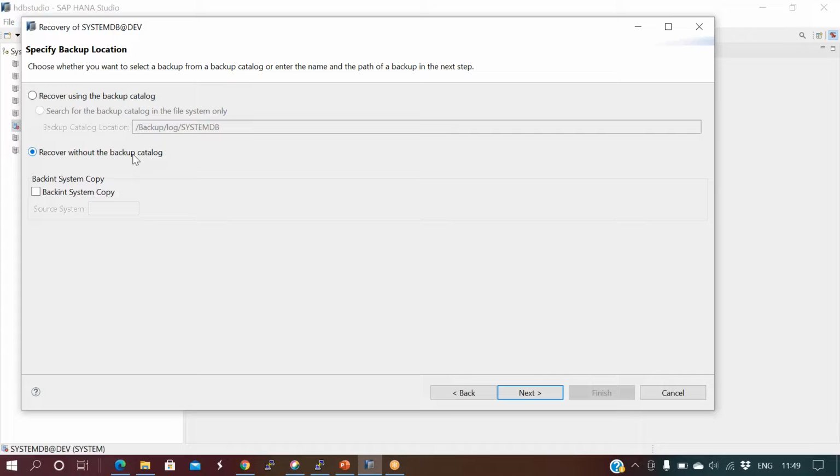So in this case, we copy the backups to the location. Okay, so you should have the backups. So we have the backups on the backup data system DB location, so we will use that location only. Okay, so select next,